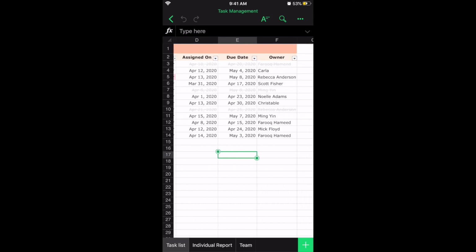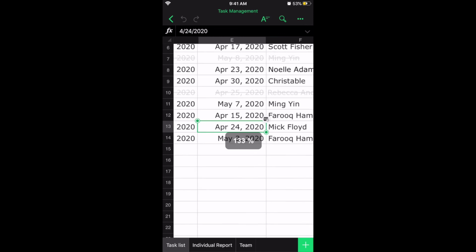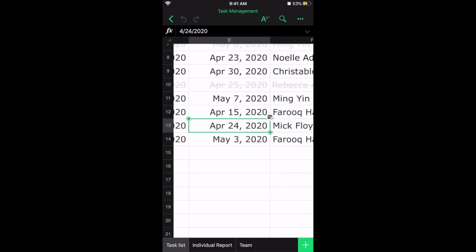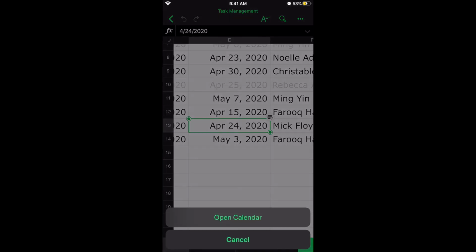the due date column already has the date format applied in its cell range. So now let's see what happens when I place my cell selection on that range that contains the date format. So here you can see that once I placed my cell selection on the cell range containing the date format, you can see a small calendar icon that appears right above the cell selection. So here you can see that small calendar icon on the top of the cell selection. So once you click on that icon, that will open up an option where you can directly open your calendar application in your mobile device.